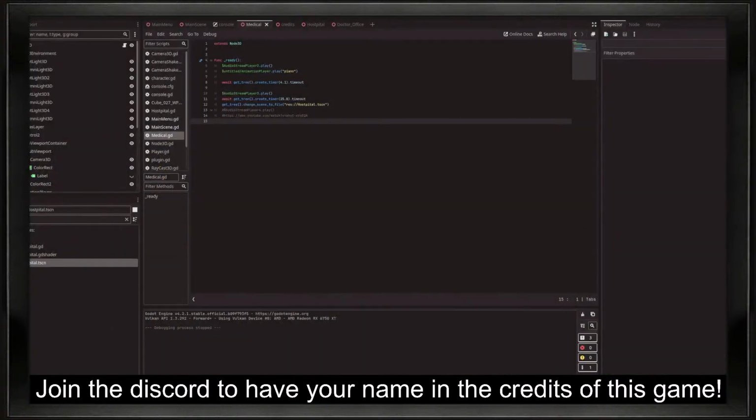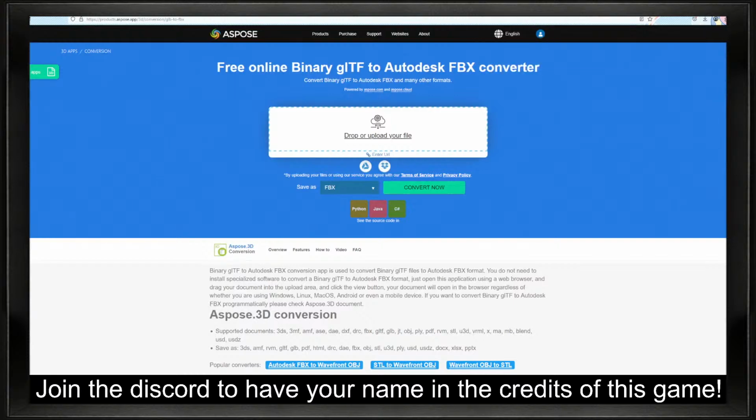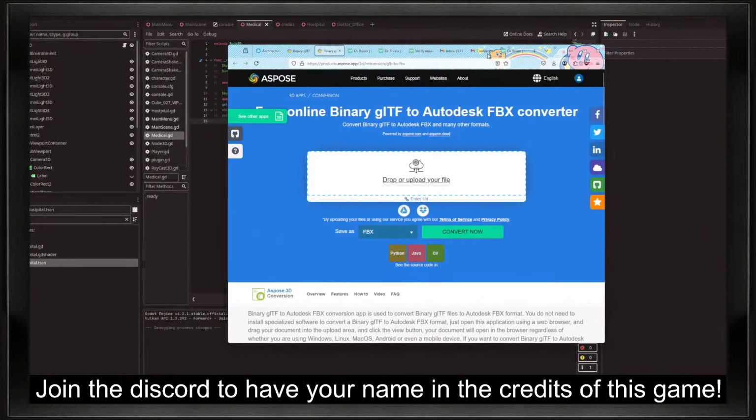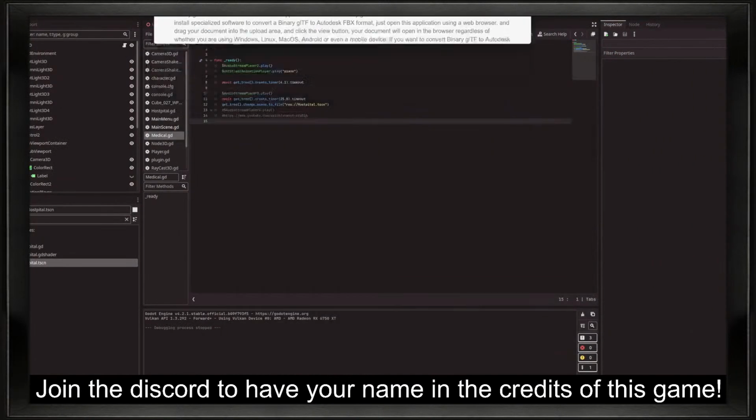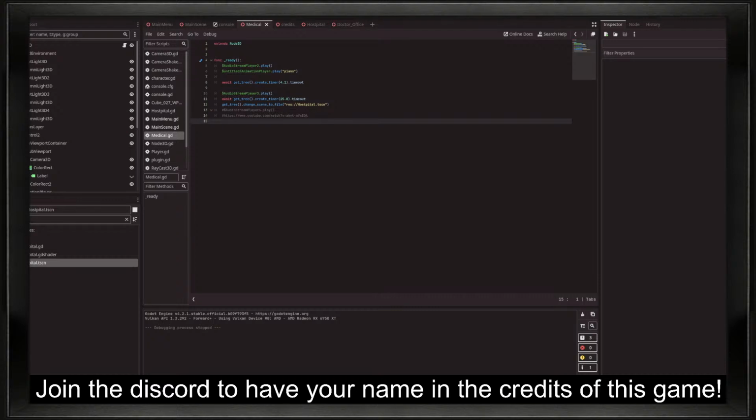Alright, let me check this rig out. That is a rig. It is, in fact, a rig. Pico 8. First of all, this is what we're using for... Oh, this is a cool extension maker, by the way. Or not extension... What am I talking about? File... GLTF to FBX. Anyways,